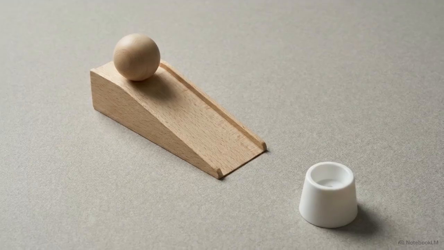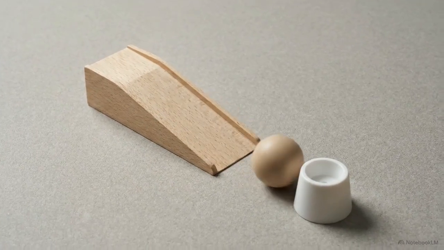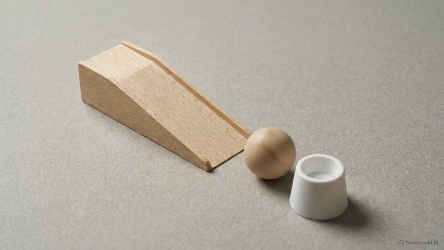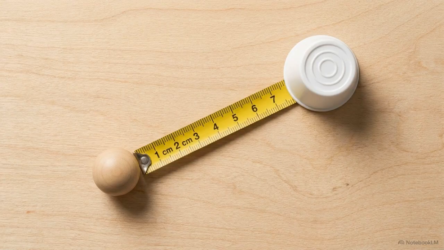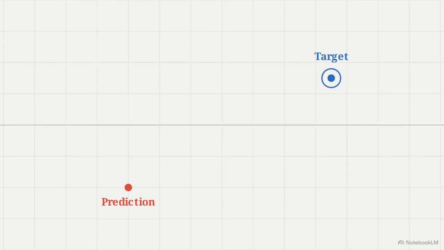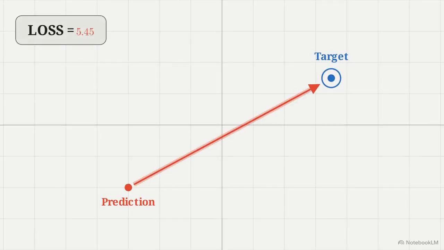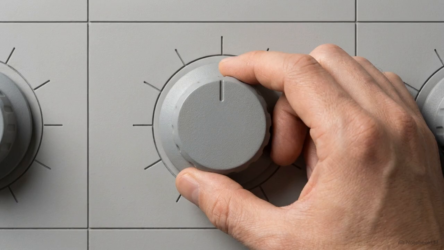Imagine rolling a ball down a ramp toward a target cup. If the settings are wrong, the ball stops short or overshoots. We quantify this error using a loss function. This mathematical tool measures the distance and direction of the mistake, turning a miss into a number the machine can reduce. By measuring this gap between the current prediction and the intended target, the system generates the feedback it needs